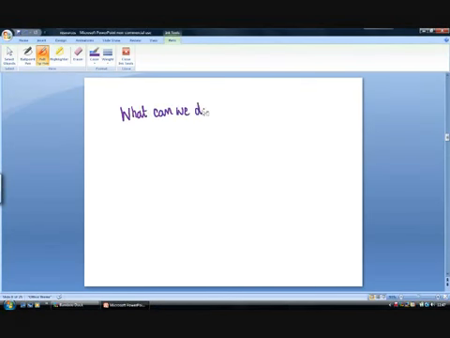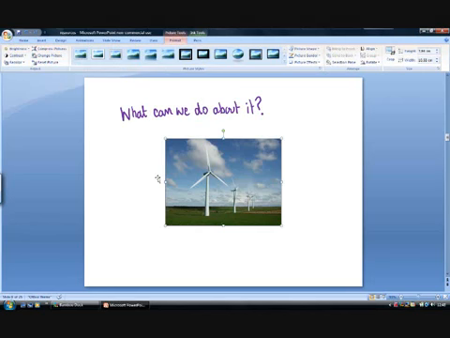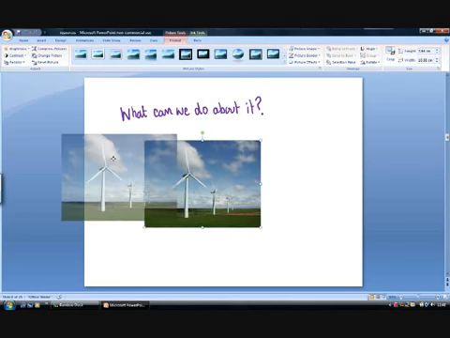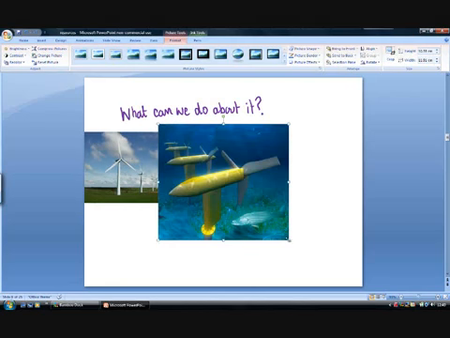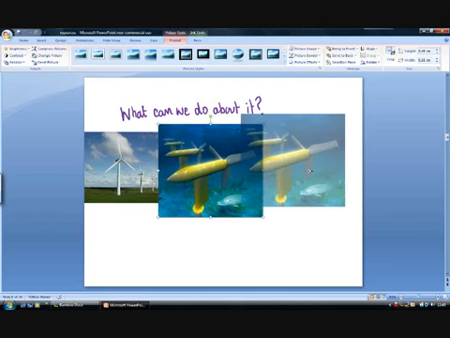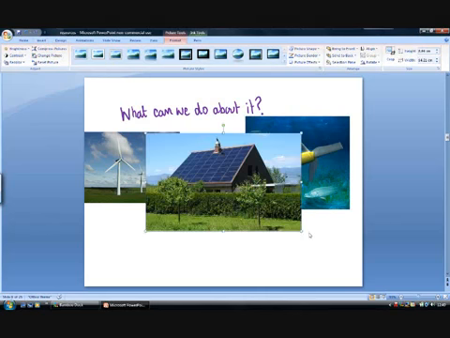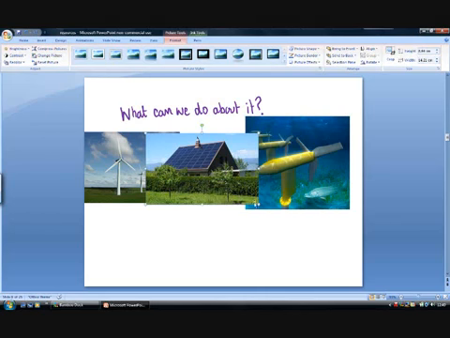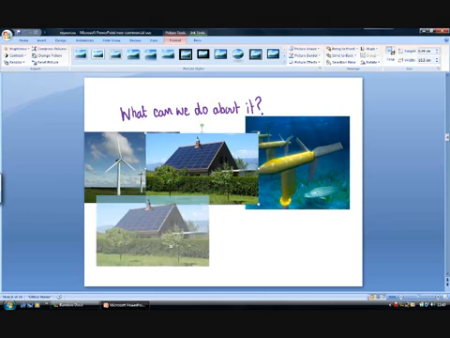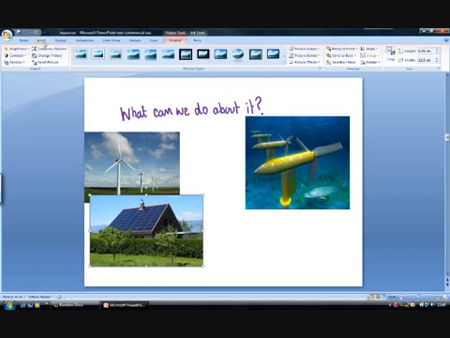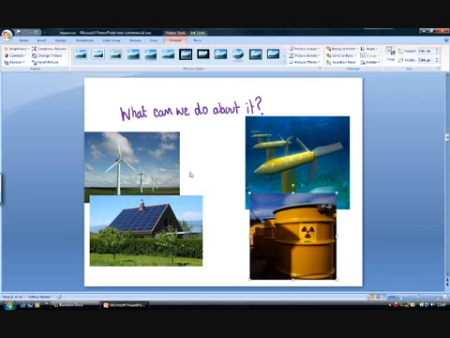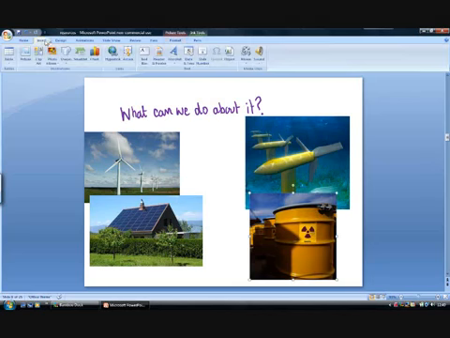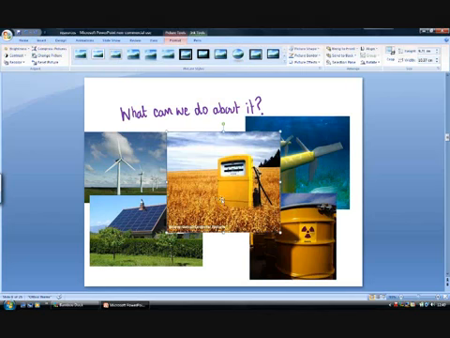The question is, what can we do about it? What can we do to stop the global warming? Well, the first thing really is to stop burning fossil fuels and rely more on renewable resources like wind power or tidal power, have turbines like this under the sea, and use other things like solar power. Even our old favourite nuclear power is an option that will actually stop producing greenhouse gases, although there are obvious disadvantages with these technologies that I've just mentioned.